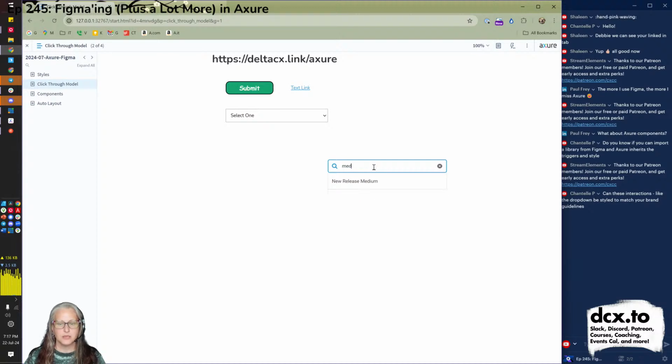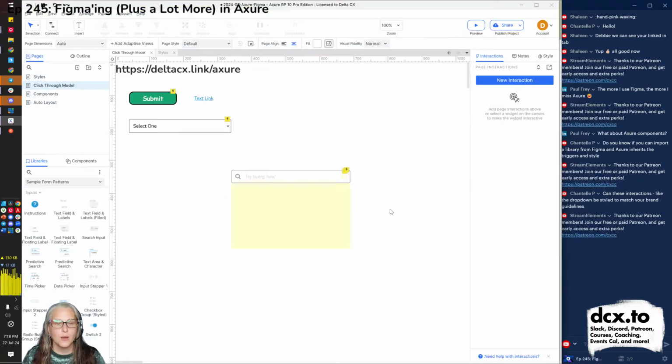I could write medium. I could write release. Now, you might say, ooh, I want to change the blue. I want to move the magnifying glass. I want to change this field hint. I want to change the content in there. You can, but you would have to have a certain level of knowledge of Axure to be able to do that.